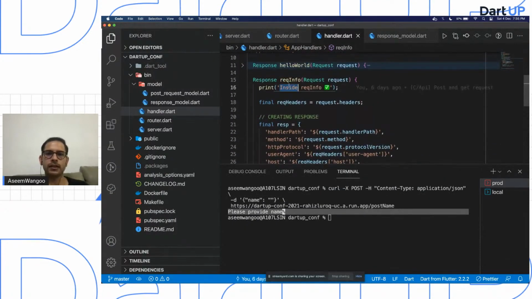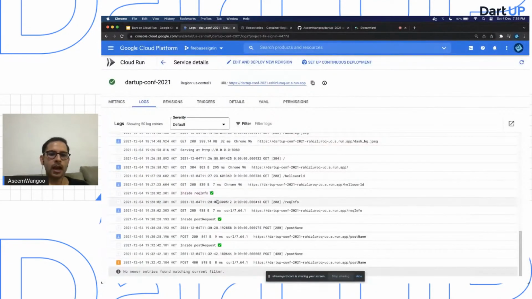So this is the line inside req info. The method type is a GET method, the response code is 200, and the endpoint name is /reqinfo. The third request which we hit was a POST request. Also, the server has logged that line, println,